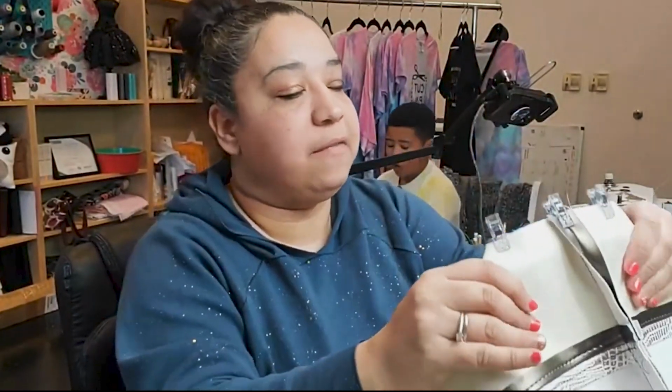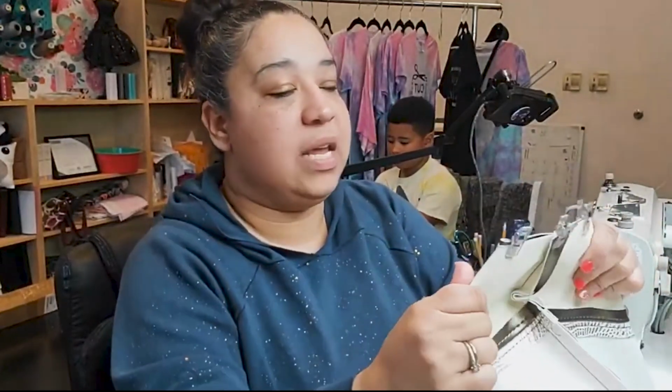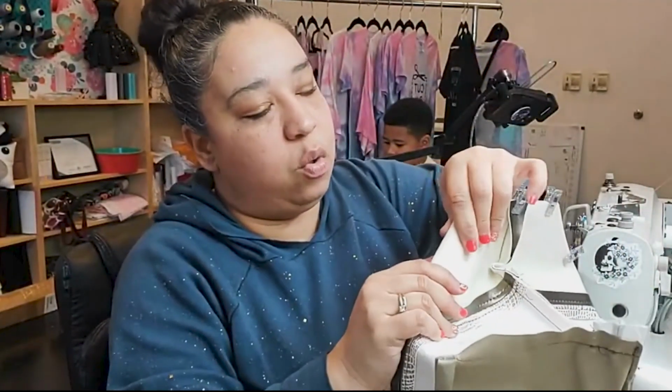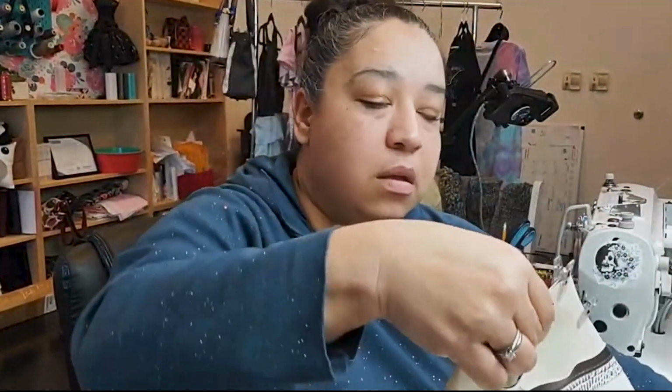If you have to come further down, I find that helps sometimes, if you take this and then put it further down here. You're not sewing down here, but it just helps hold the structure like that. And then you can just